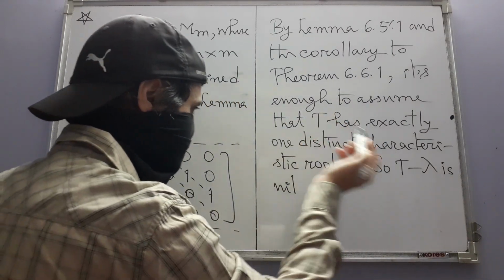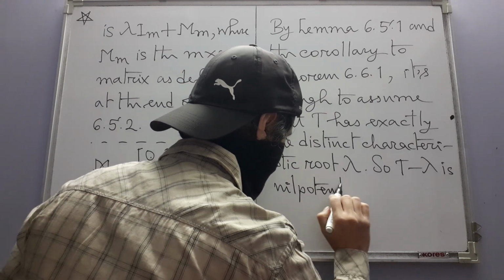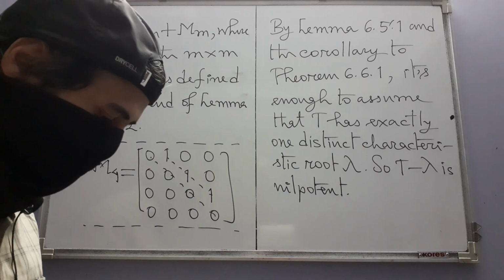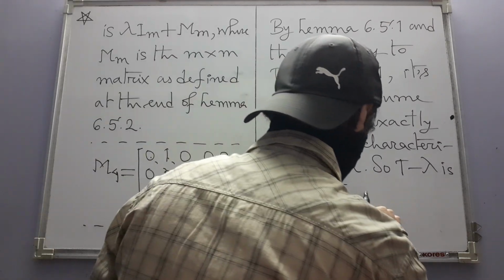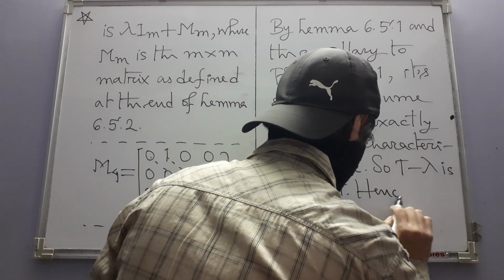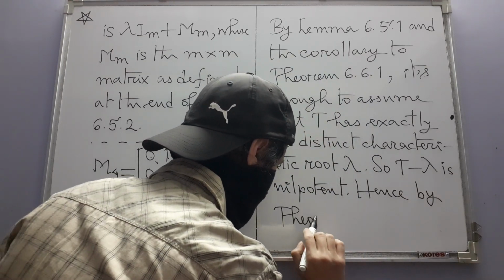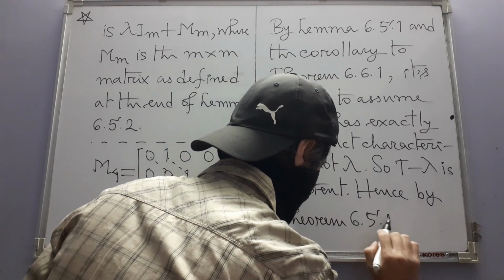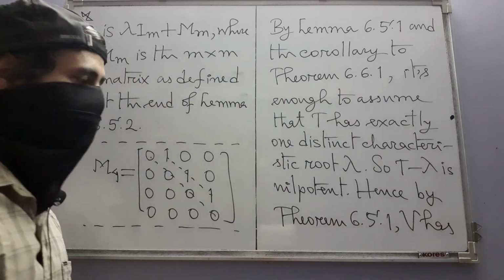We have already seen just now how that is true. And now we can apply the result of nilpotent operators here, and that result was Theorem 651. Hence, by Theorem 651, V has a basis